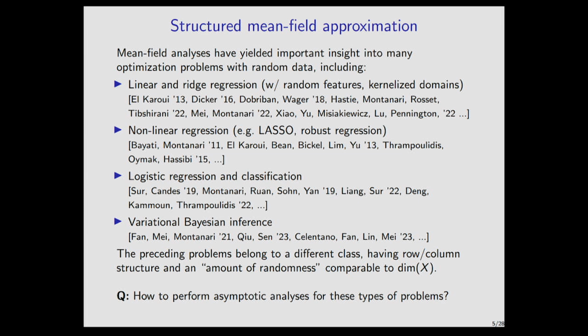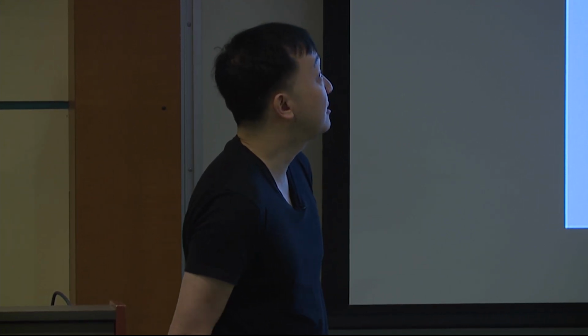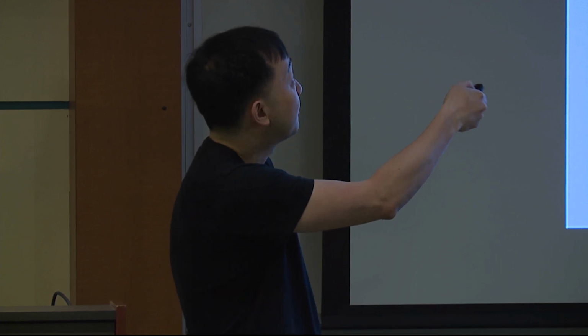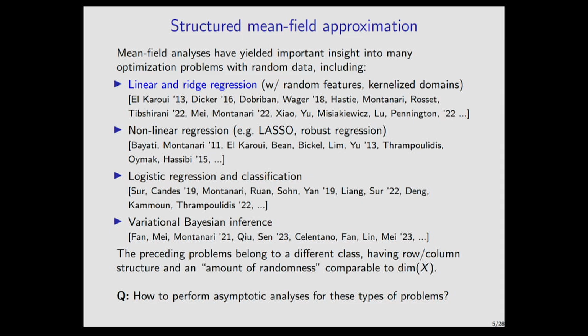So in this talk, I'm not going to give an answer to this question. It's pretty open. But what we did in this work is to try to write down a very simple version of a problem that belongs to this class that we could figure out how to analyze. And this simple version of the problem is going to belong to this first class of problems. I'm going to write down a purely quadratic and linear problem that we can then analyze using random matrix theory techniques. And hopefully, by going through this analysis, we can gain some insight or intuition for how the theory might go for some of these more nonlinear examples.